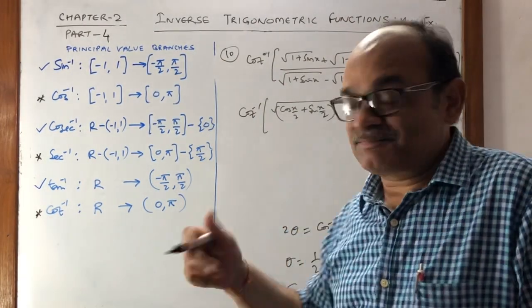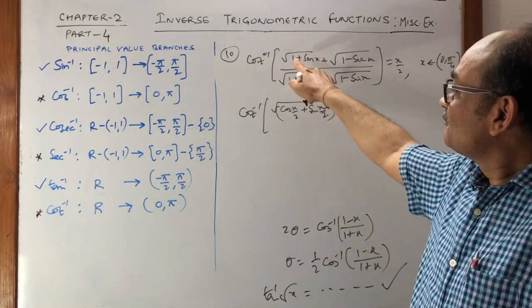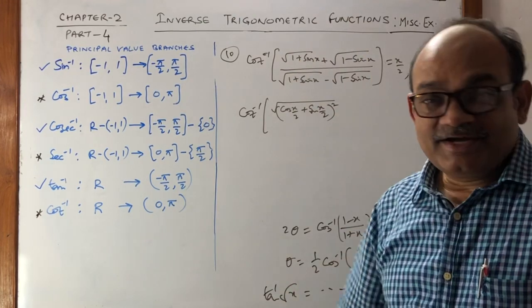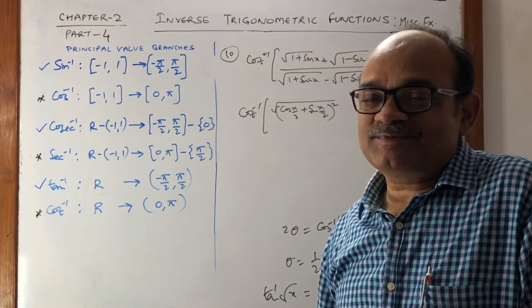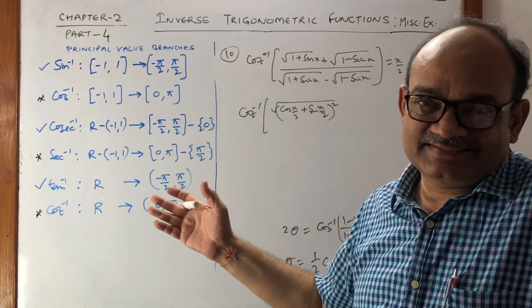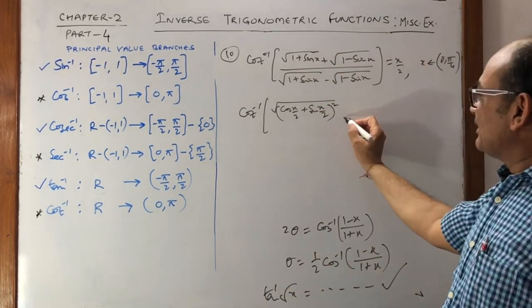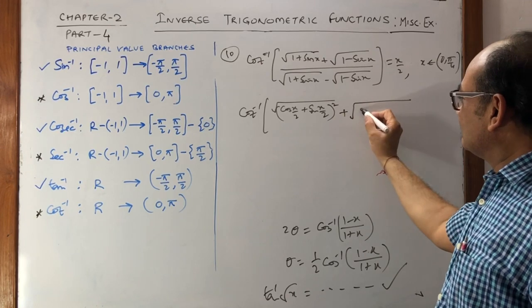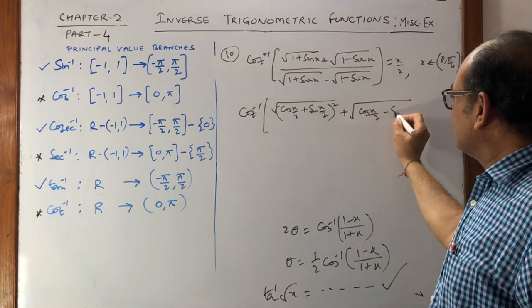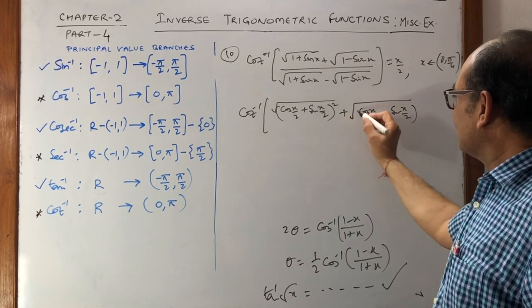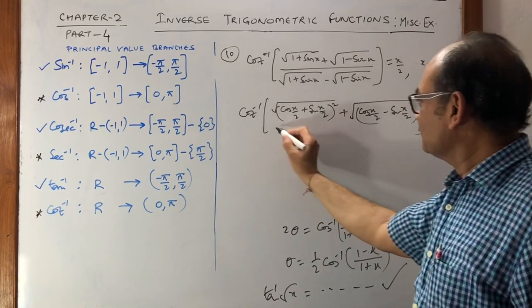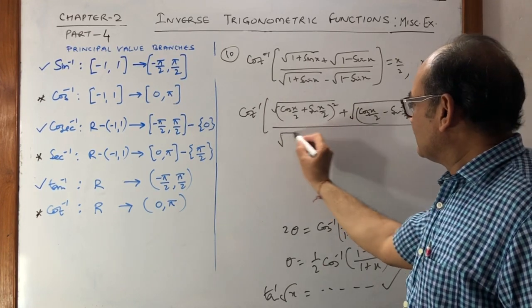What is a square plus b square in this case? 1. And what is 2 sin x by 2 cos x by 2? Sin x. Correct? Similarly, we can write here, with a small change, it will become a minus whole square formula. Nothing is new. Similarly, the denominator,